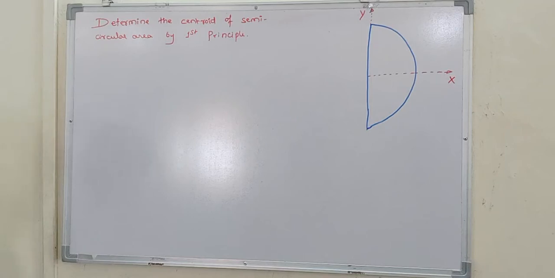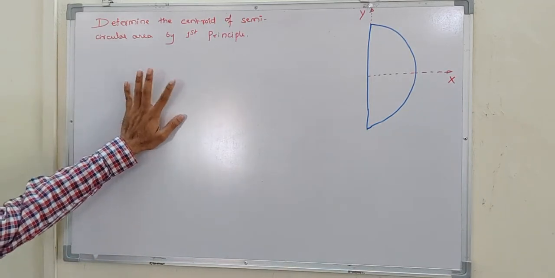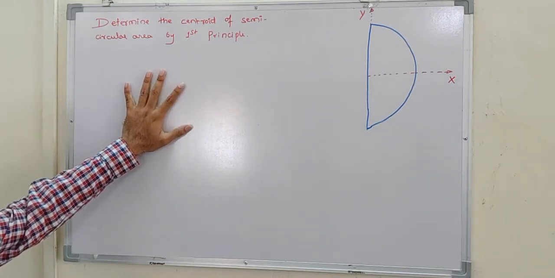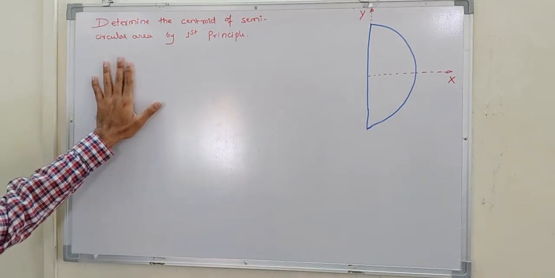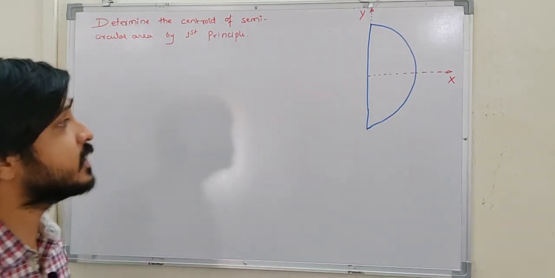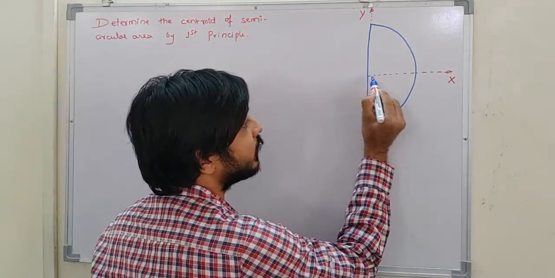In the last class, we discussed how to find the center of a rectangle and a triangle. In this class, we'll try to find the centroid of a semicircular area by first principle. Okay. So here, if you see this semicircle, if I draw one line at the center,